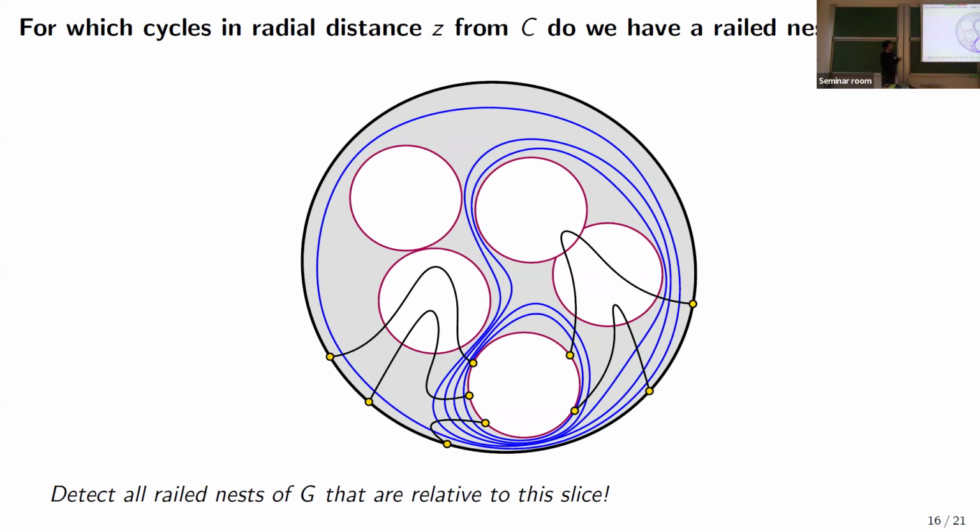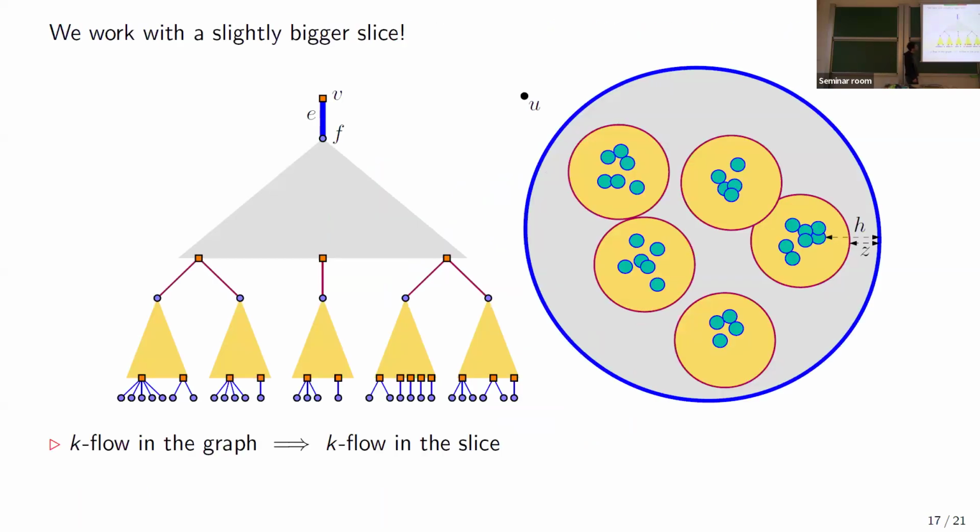So what I would like to do is to detect all railed nests of G that are captured by this slice. The problem is that now I see a local part of my graph, and I'm not sure if the local information that I have about flows really corresponds to the global picture. So to circumvent this problem, I look at slightly bigger slices. I imagine my slice